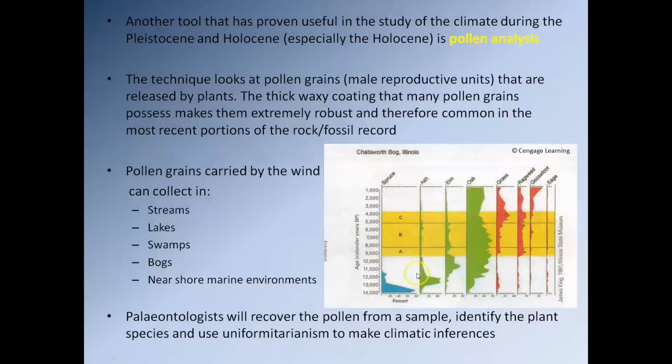boundary, we begin to see the appearance of ash, followed by elm and oak. Now, these are deciduous temperate trees. So these trees do not like extremely cold weather conditions, and so the appearance of these trees tells us that the temperature in this area is slowly getting warmer. So typically when deciduous trees move into an area, often the first deciduous tree to grow is